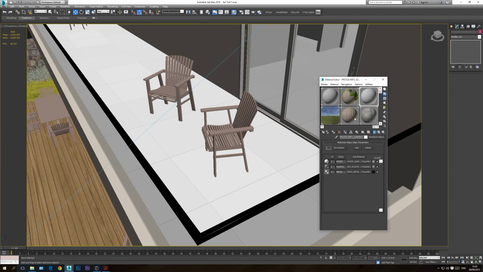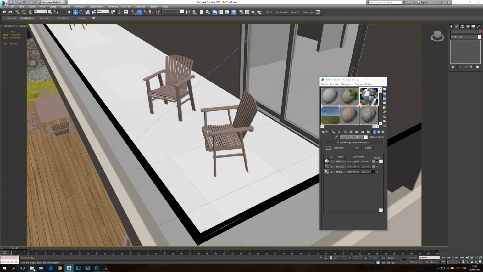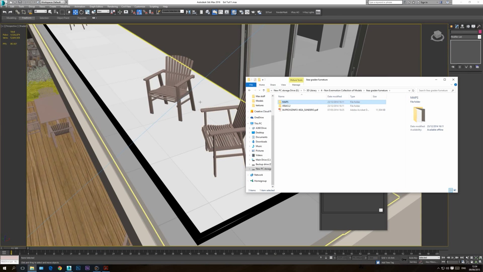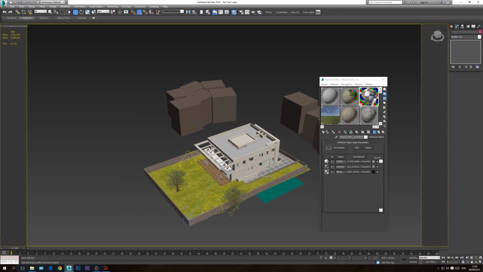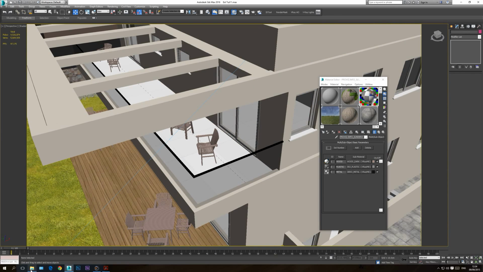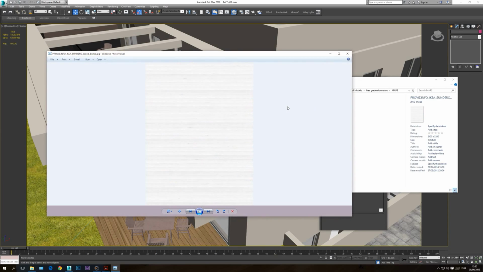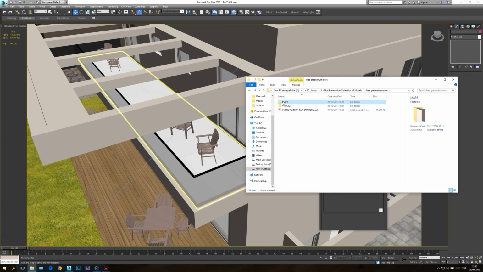Pick from object, pick from here. As you can see, we have a problem here. We don't see the wood like you see it here. That's because the maps of the material, of the wood, are not placed in a correct folder. What we need to do is go back here and take the maps folder, which contains the maps or the textures of the wood for these furniture,